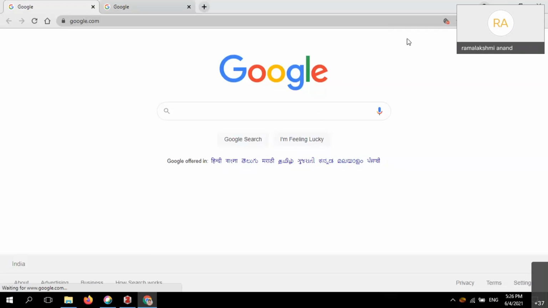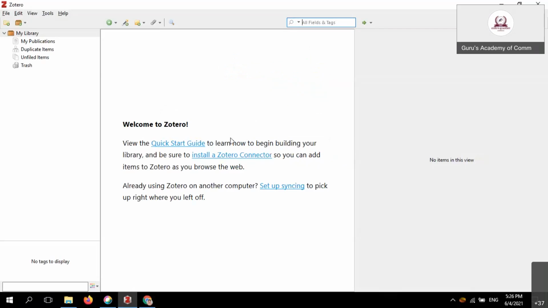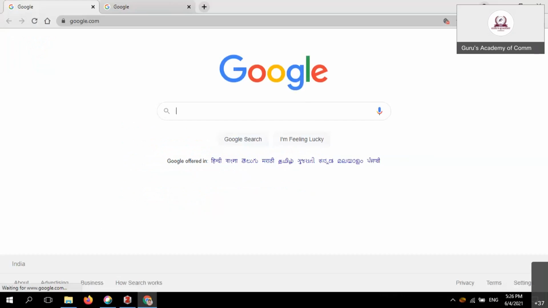Okay, once again, please check that your Zotero connector is installed in the extension side. If not installed, you go to the Zotero welcome slide and install the Zotero connector. Or if not there, you simply type in Google, install Zotero connector. I already explained this in the video. Installing the Zotero connector is very, very important. If the Zotero connector is installed, make sure it is pinned or unpinned. Check whether it is pinned or unpinned.